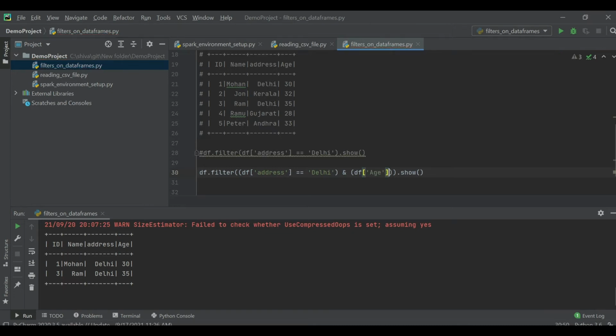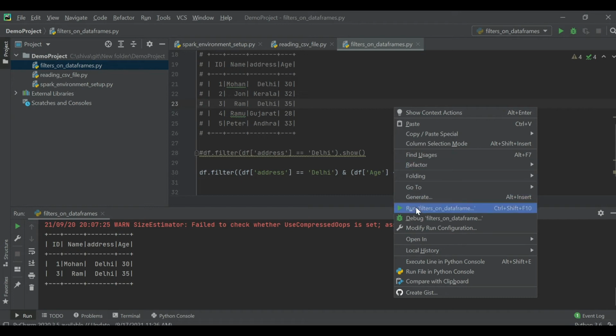This is my column and I'm going to filter where age is less than 30. If you see here, we are not going to get anyone, so let's put less than or equal to 30. Let's remove the space, and let's run it.